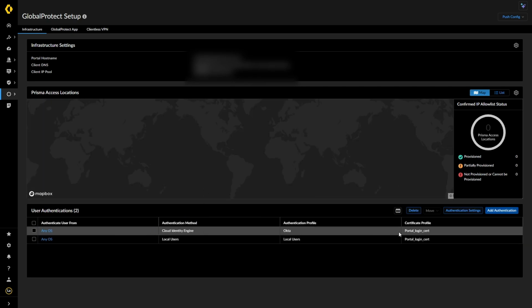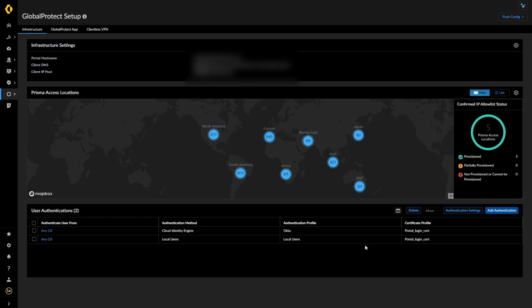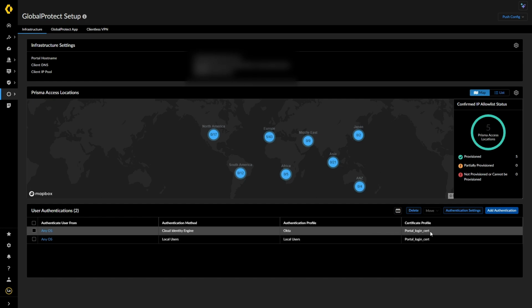and we look at my authentication here, my authentication here is I've got any OS, yep. Authentication method is Cloud Identity Engine. That actually backs off to Okta. And then I've got portal login cert there. So